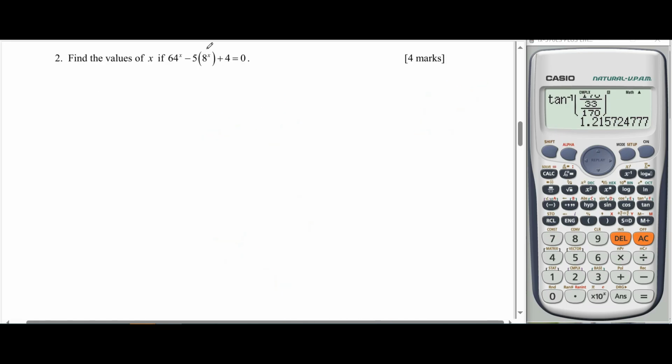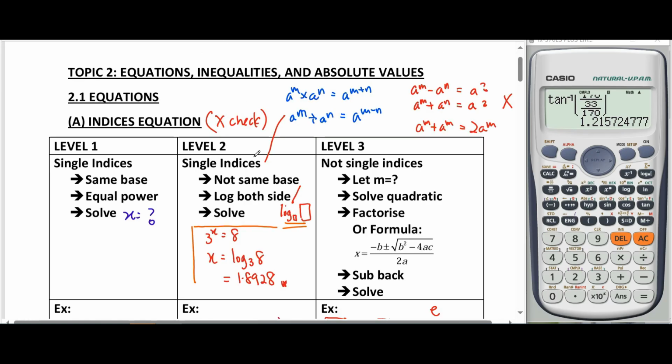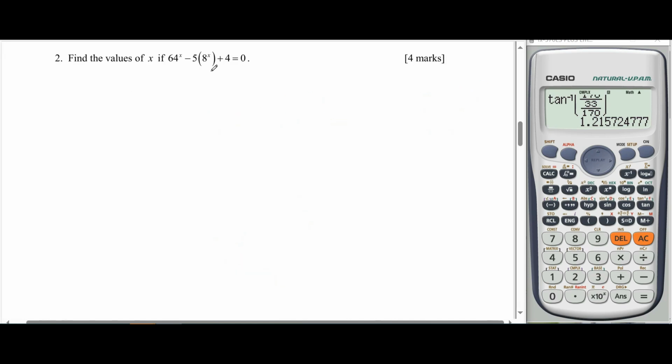You can see this is our indices, and this is our indices. It is in the operation of minus, which means that it cannot be made single. If it can be single, the operation should be times or divide. So when it cannot be a single index, we need to apply our method of let. We have 64 power x and 8 power x. Let the simplest index that we have, which will be 8 power of x. So 64, we change it to base 8 power of 2x, minus 5 times 8 power x, plus 4 equals 0,